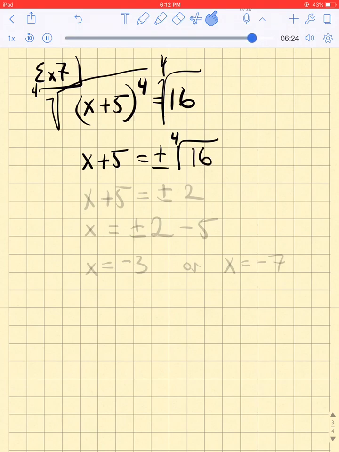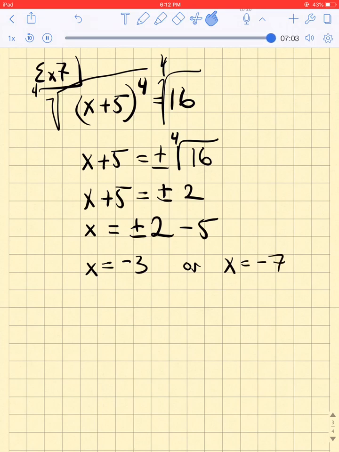Fourth root of 16 can be evaluated, x plus 5 equals plus or minus 2, right? Because 2 times 2 times 2 times 2 is 16. So now we have x plus 5 equals plus or minus 2. So we'll subtract 5 from both sides. We get x equals plus or minus 2 minus 5. X is equal to positive 2 minus 5 is negative 3, or x is equal to negative 2 minus 5, which is equal to negative 7. So